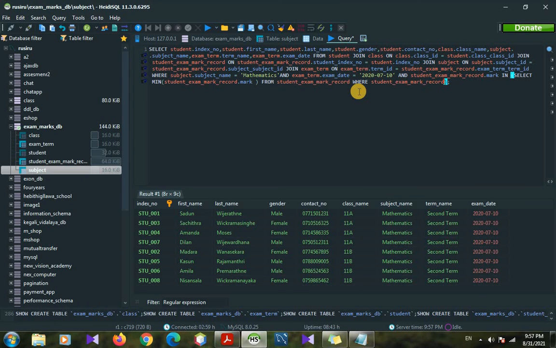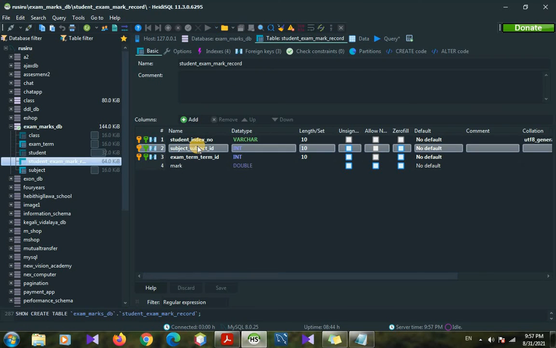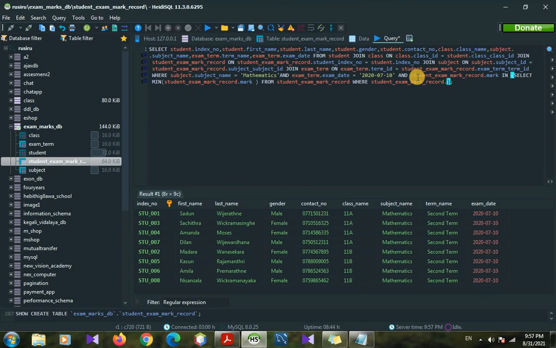So here we can give the where keyword, student exam mark record table dot subject id. Here there are no suggestions, so we have to go to the student exam mark record table and the data tab, then copy the subject id and paste it here.